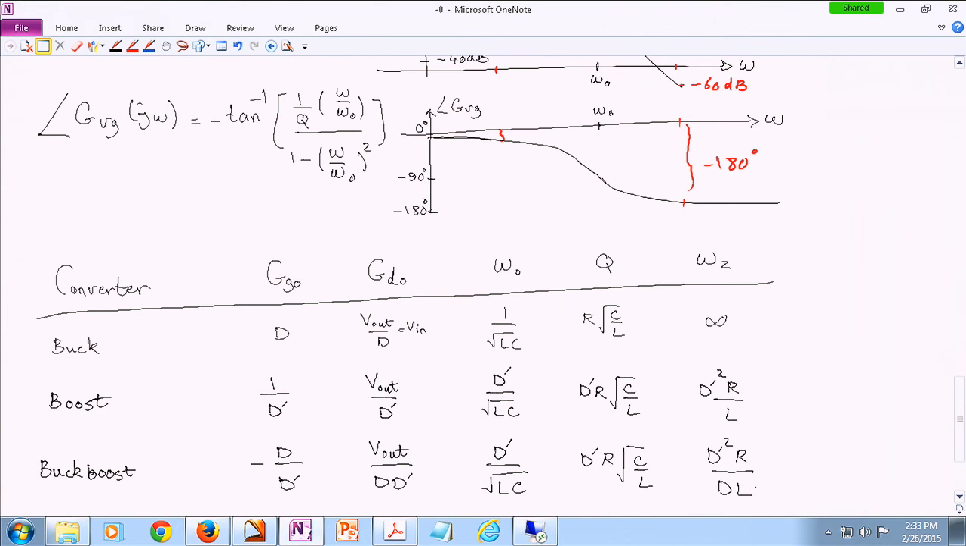Okay. So this table summarizes the audio susceptibility, which is GVG, and the control to output transfer functions for the three classic converters that we have seen. Let me just double check, make sure everything is correct. Yes, D prime R, CL. Okay. So,